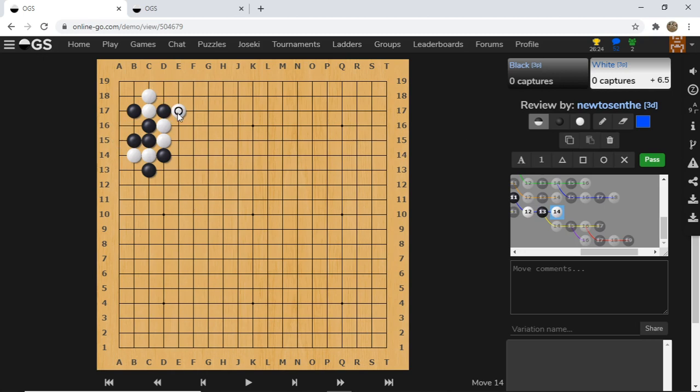White's correct move is to capture. Black will capture, and now white Ataris on top. So this is a tough choice for black. If black connects, which he probably should, then later on there is basically these two stones are not captured, which means eventually